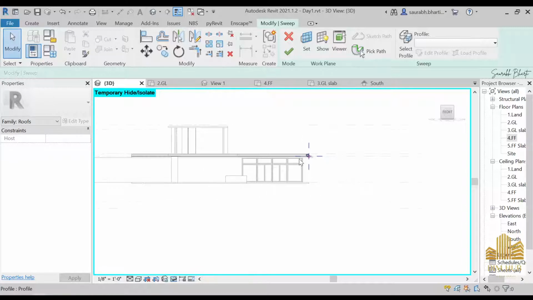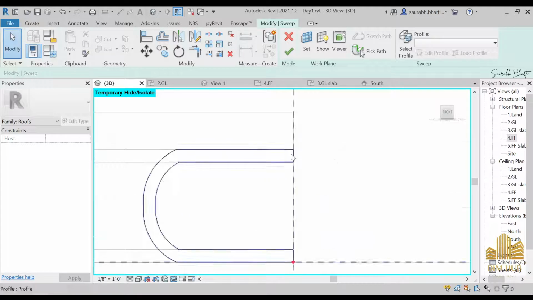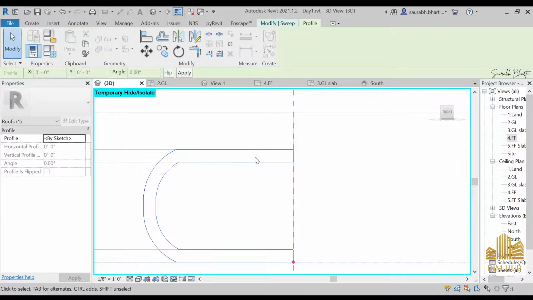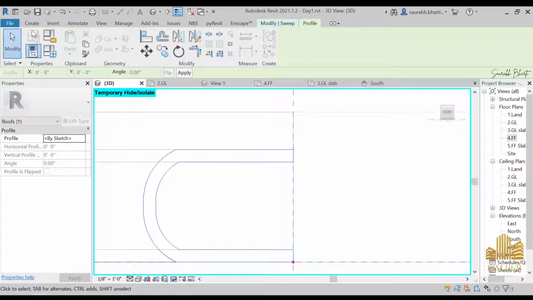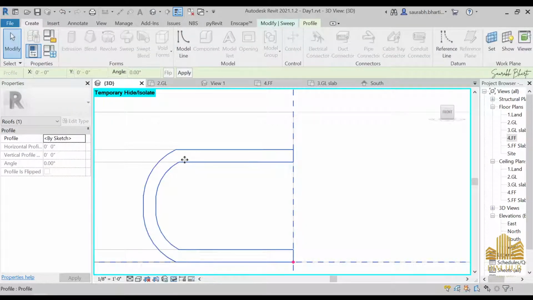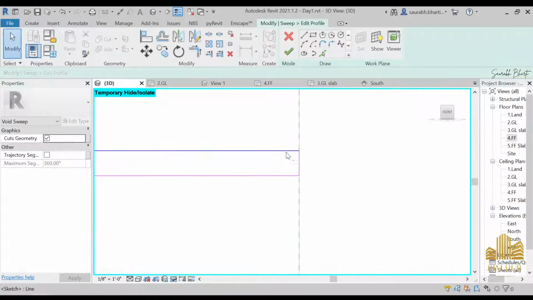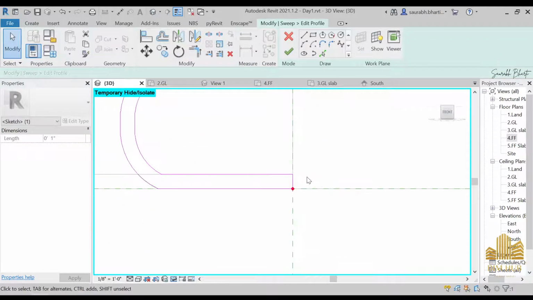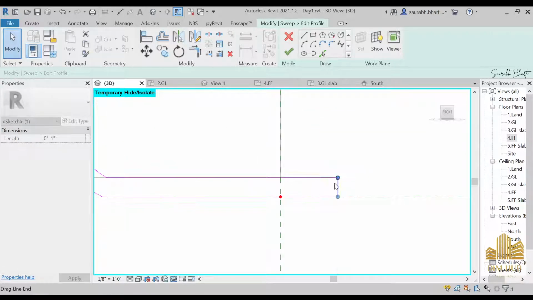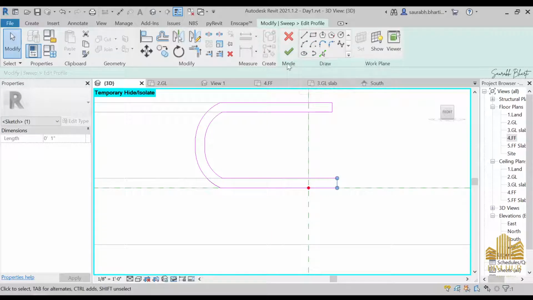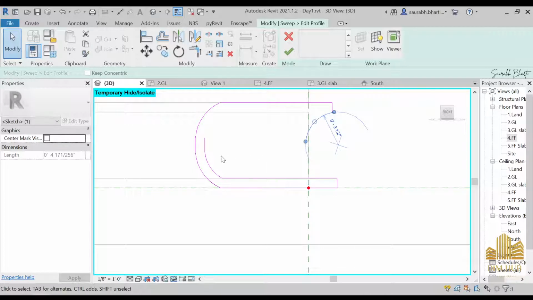Okay, then zoom in, and let's try to edit this sweep once again. Select this sweep, select this one over here, create, no, select this one, no, void, edit profile, and now just try to make this on the outer side. Okay, and if we are trying to make this one on the outer side, let's just do something like this actually. Unjoin element,